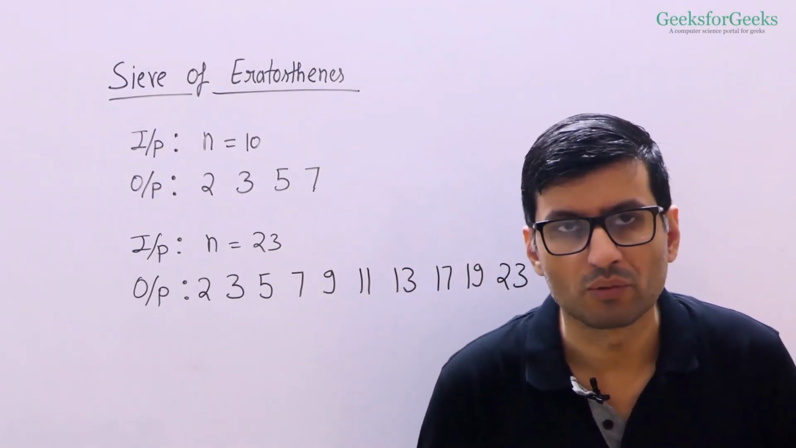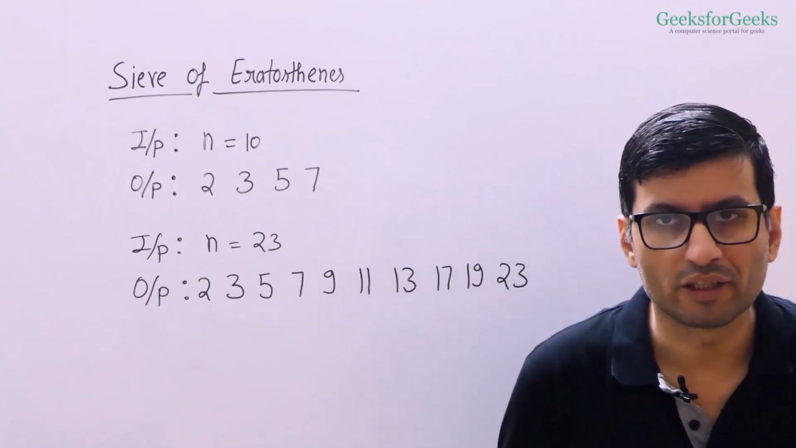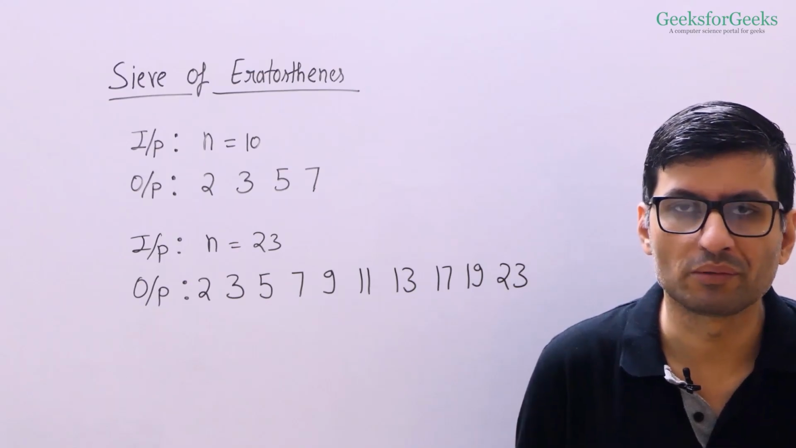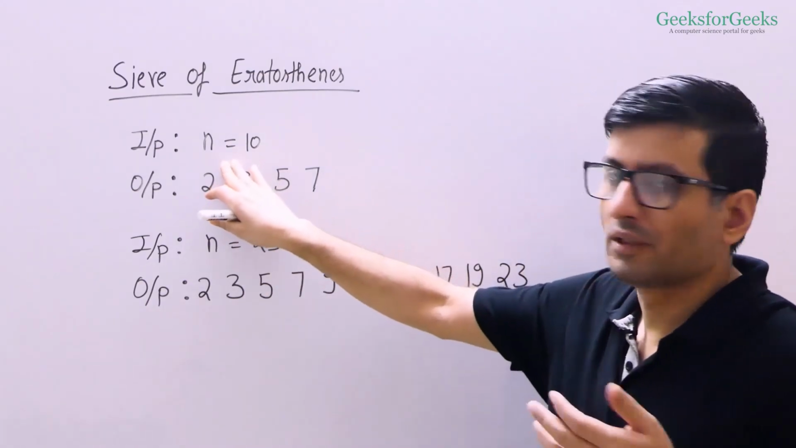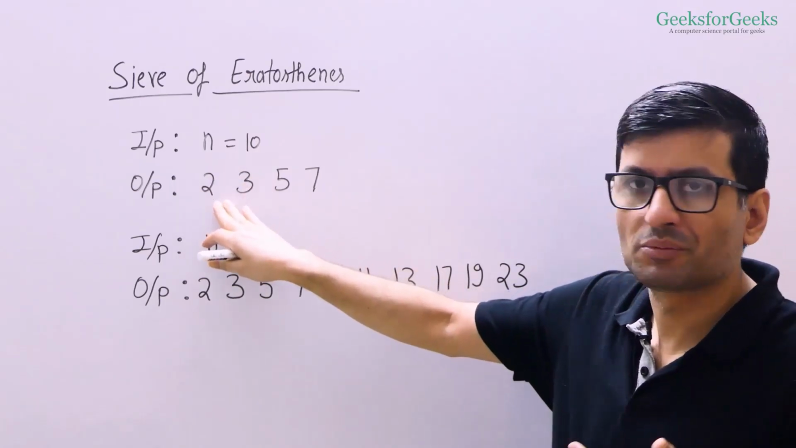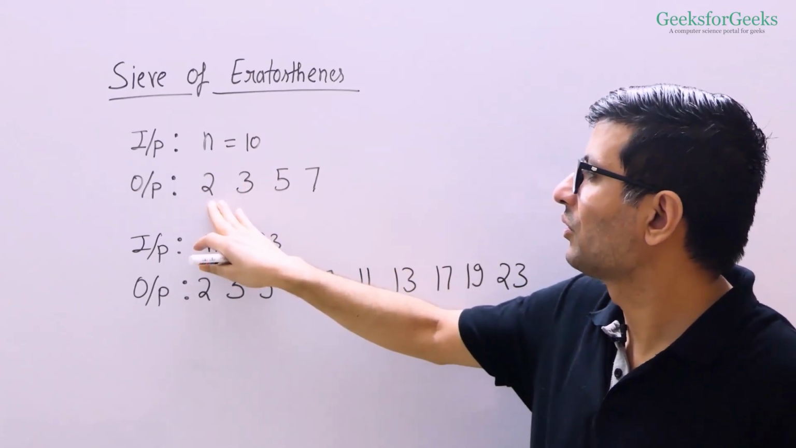Let us talk about this problem. We are given a number n. We need to print all prime numbers smaller than or equal to n. For example, if n is 10, the prime numbers which are smaller than or equal to 10 are 2, 3,